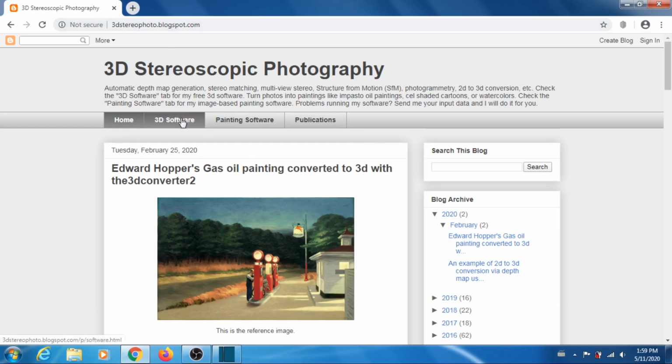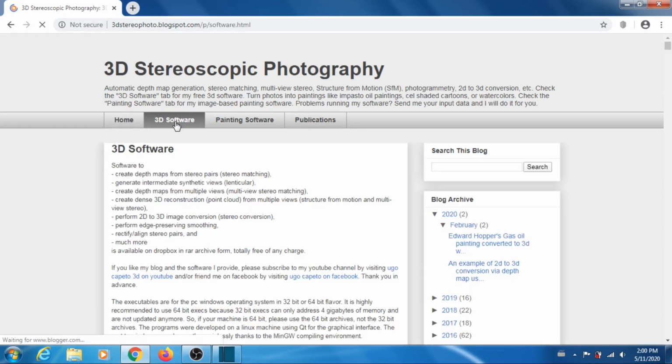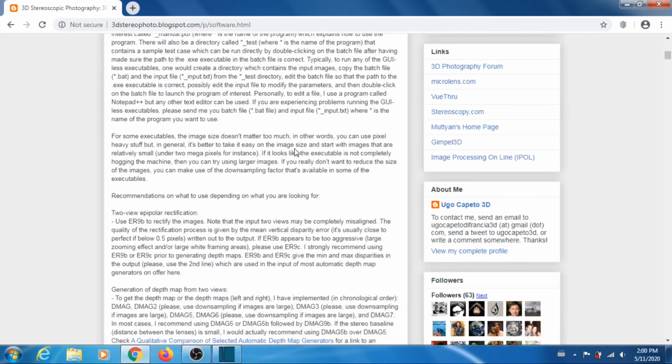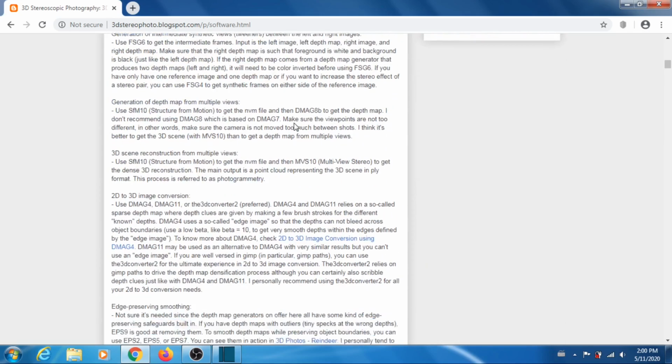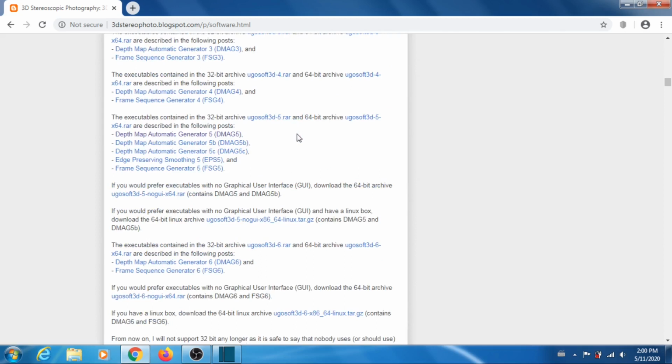3dstereophoto.blogspot.com, go in 3D software, and then look for ugosoft3d 5, something 5. Okay, so it's here. There are a bunch of them, different versions. So there's a 32-bit version, which I really don't recommend you using. There's a 64-bit archive, but this one